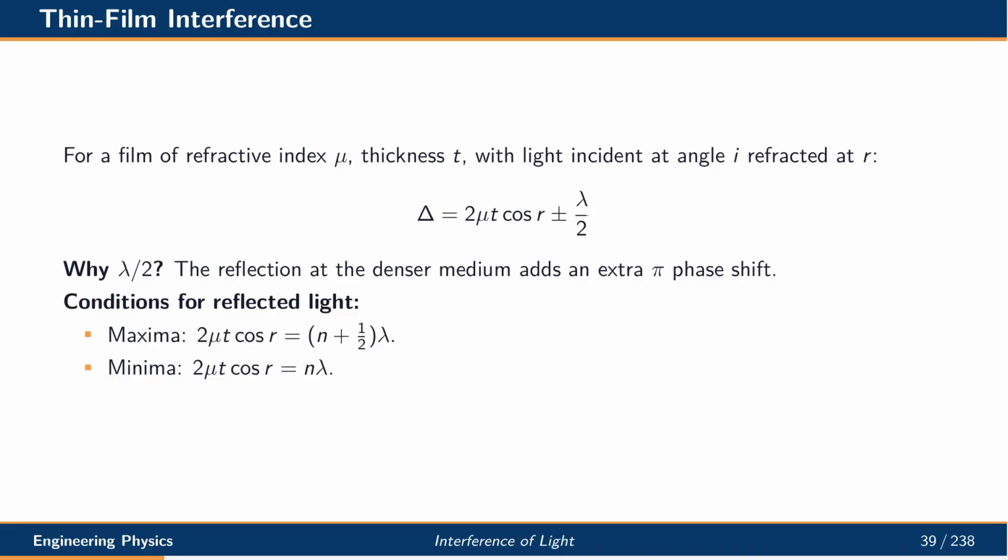Light reflecting from the top and bottom of a thin film produces interference. The total path difference is twice the film thickness times the cosine of the refraction angle plus an extra half wavelength shift due to reflection at the denser medium. Maxima and minima in the reflected light depend on this combined path difference. This explains the brilliant colors seen in soap bubbles, oil films, and thin coatings on